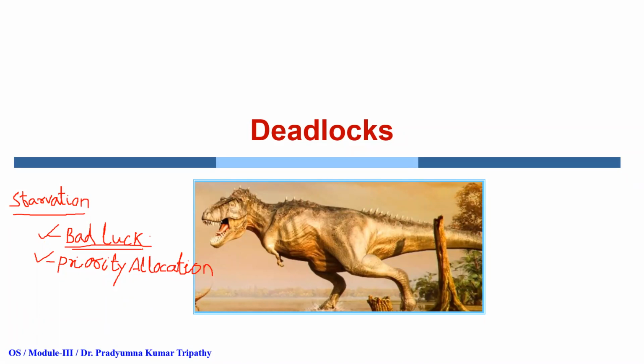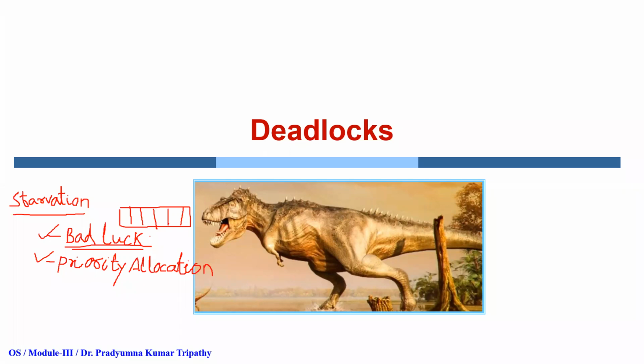How to avoid this bad luck? The solution for the bad luck is a queue. Suppose the Ashok shop says that whoever is making a request, you come in a queue only. I will serve only in a queue. So everyone will definitely get a chance. Everyone will take and return, and the next one comes and takes. So the solution for the bad luck is a queue.